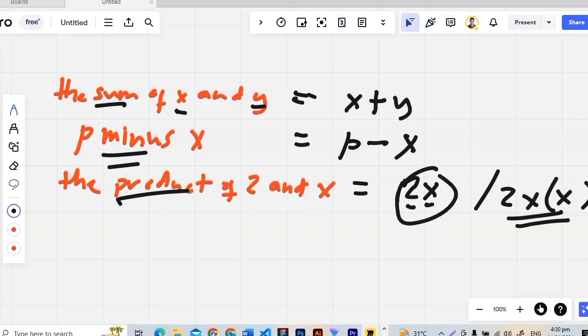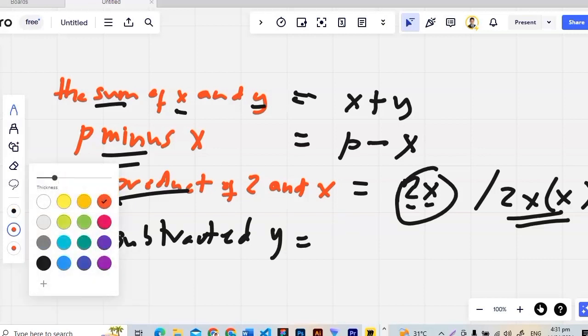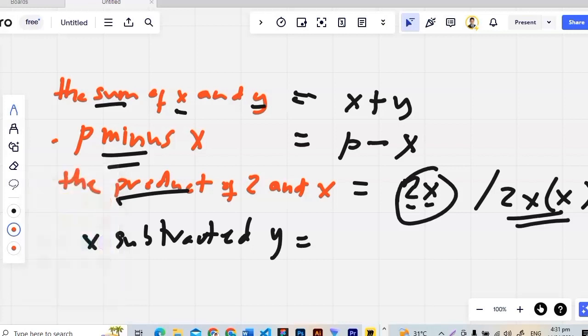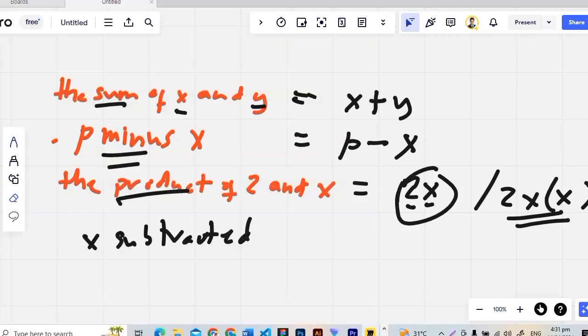Let's have another one. X subtracted 2, or shall we say x subtracted from y is equal to, how do we write this one? From the word from, okay, I'm sorry. Okay, this is from, write this from x subtracted from